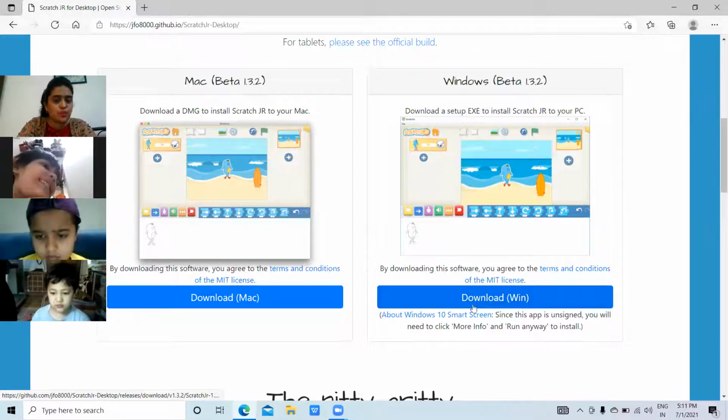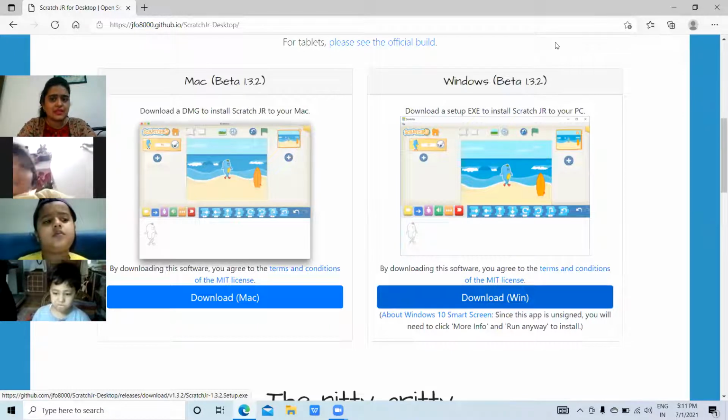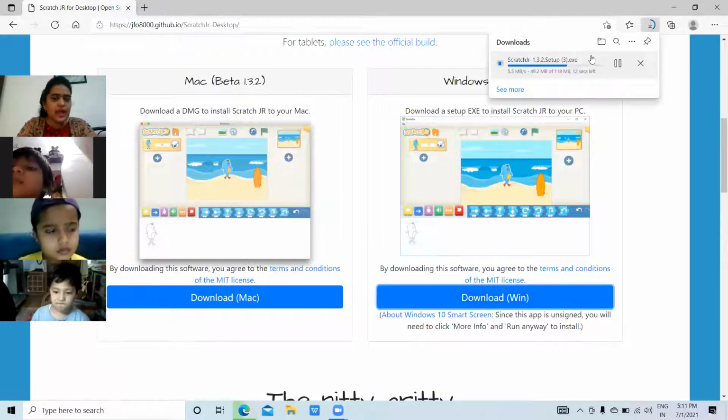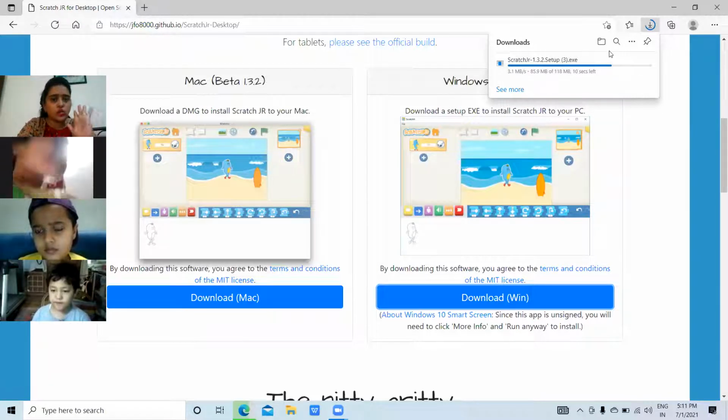Can you see this blue button? You have to click here to download it. When you click here, see, the downloading starts on the top. I already have this in my system, so I'll just open it. So you have understood how to download it.